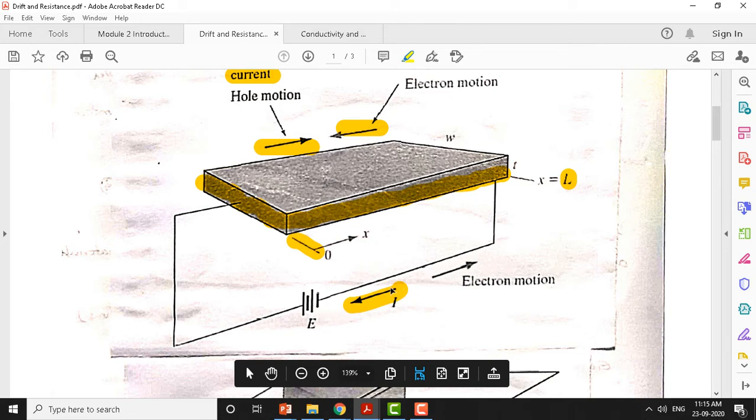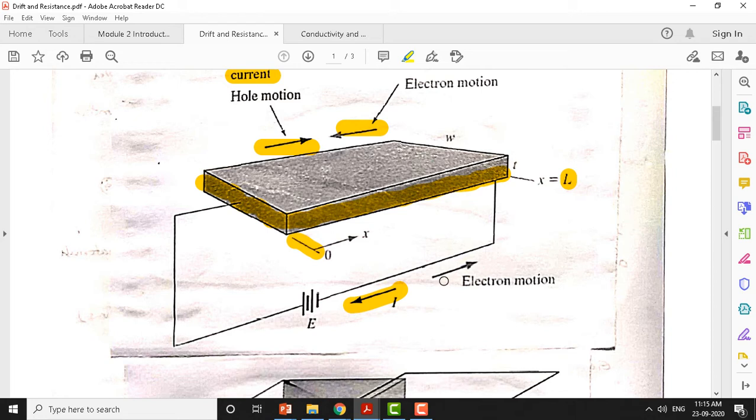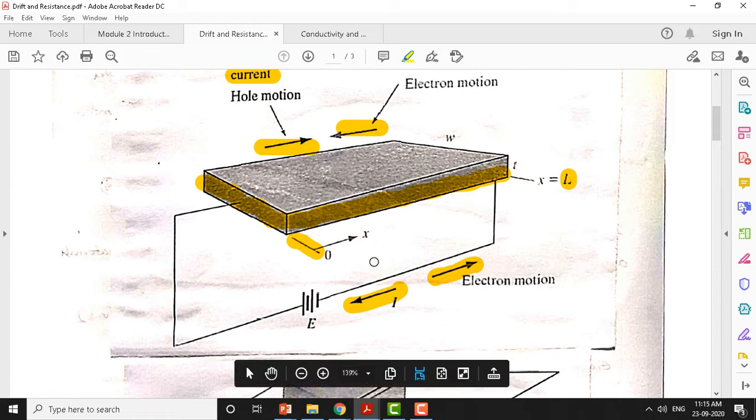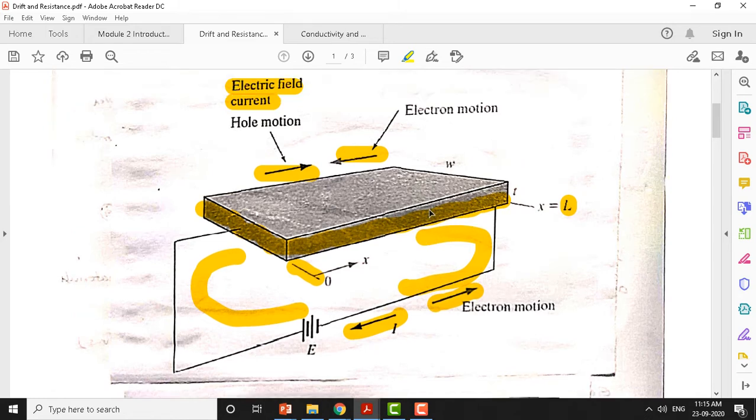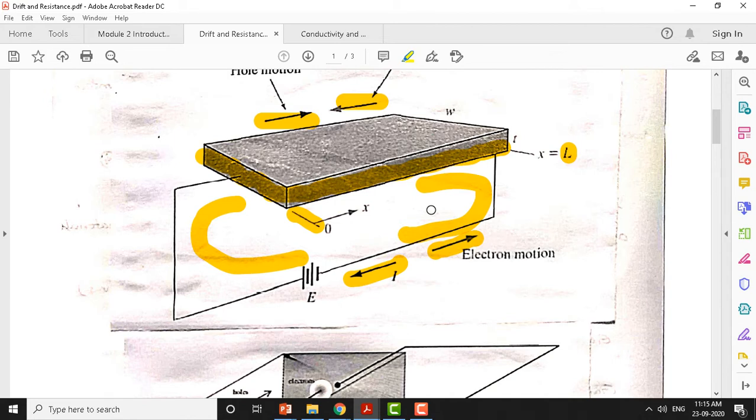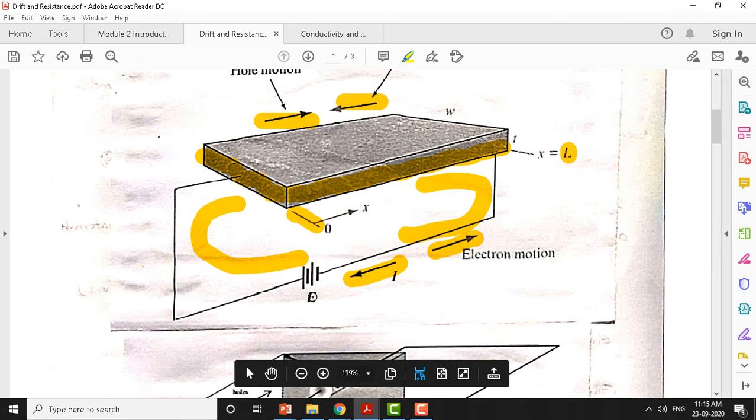So electrons are moving into this rectangular box where x is equal to L. They are entering here at x is equal to L, so that is the electron motion, and holes will be moving opposite to the electron. The current direction and hole direction are both the same. So holes move like this, this is the direction of holes, and electrons move like this, this is the direction of electrons. Both move in opposite directions. So let us see how we calculate drift current here. Drift current is because of both electrons and holes moving under the influence of the potential we apply.